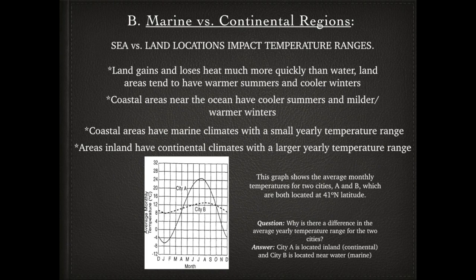If we look at this climograph, basically this is going to be showing temperature by month. And what we're seeing here is city A in the winter months, very cold, in the summer months, very hot or hotter. So city A would be inland. City B is more mild or moderate, so most likely that's going to be near the water, like a Mediterranean location.